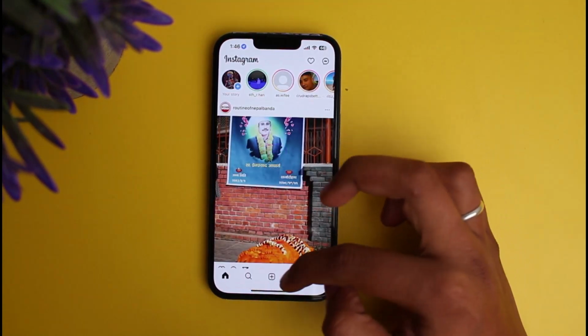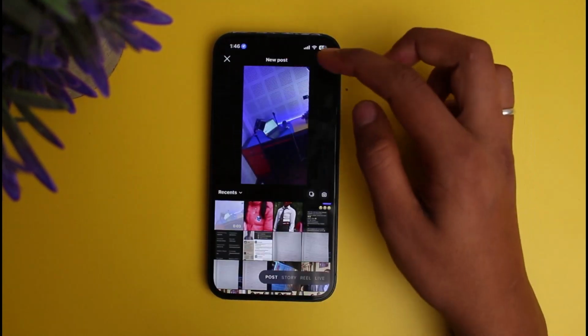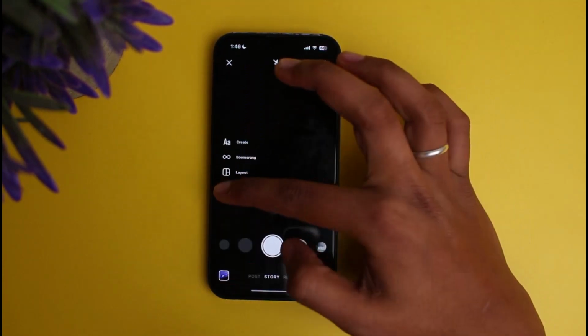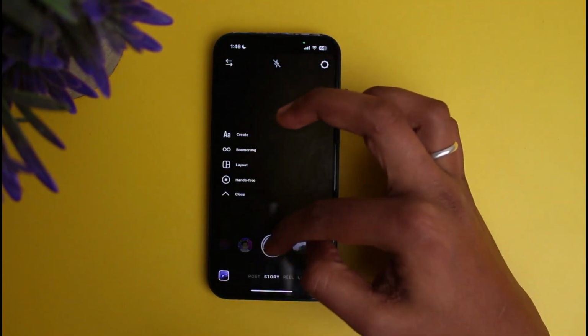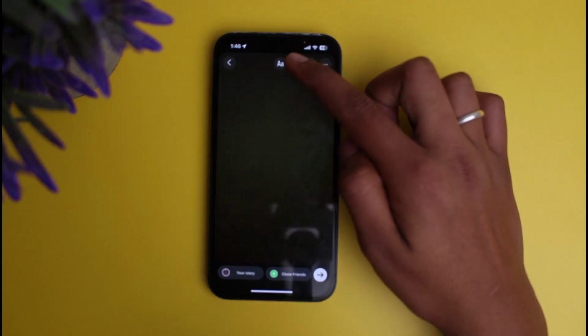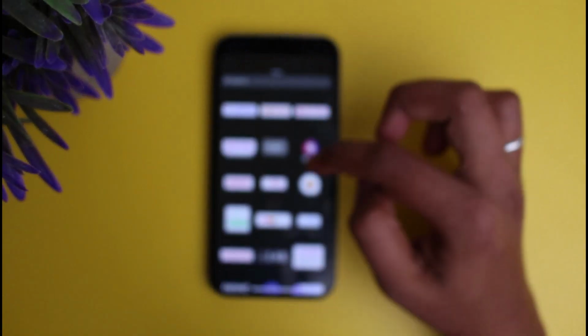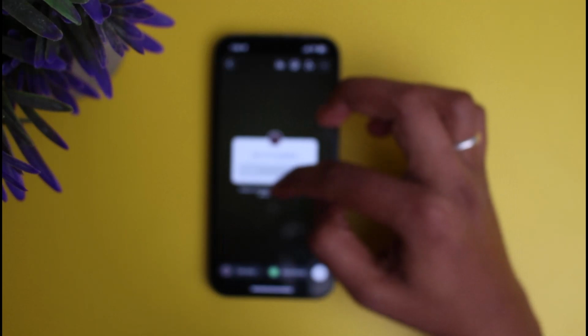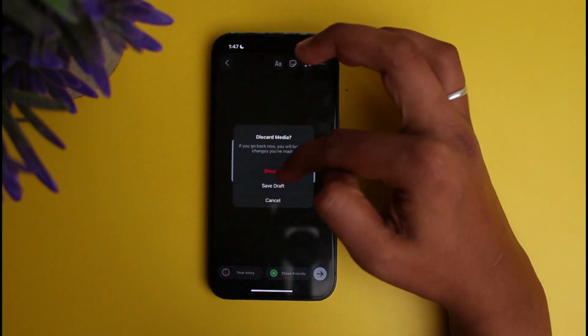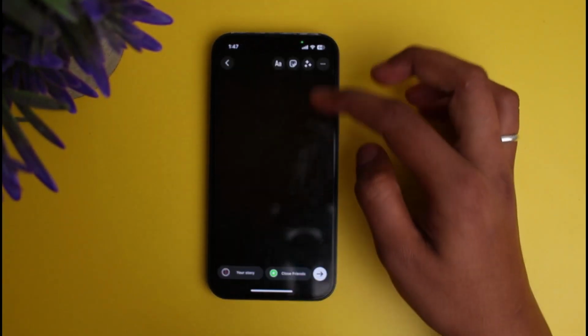After doing that you need to click on the plus icon at the very center and click on the option of story, and on story you'll simply need to click a photo. After doing that you'll see the sticker-like icon, so click on it and you'll see the option of question. To add your NGL link you need to simply click story and click on the sticker-like icon,